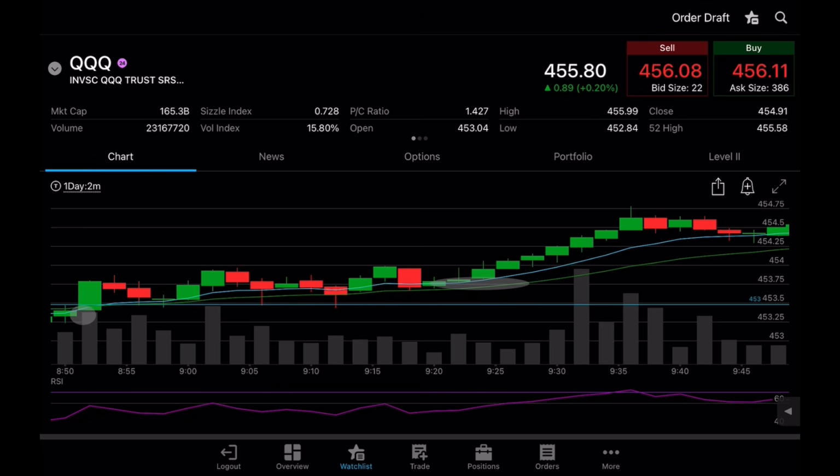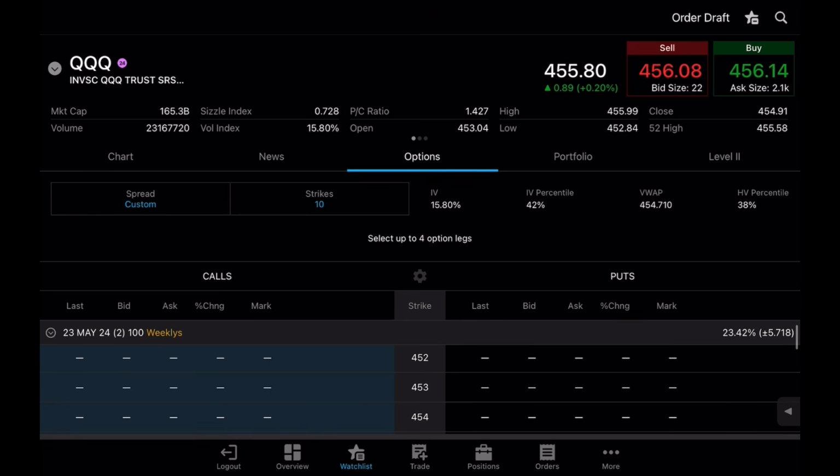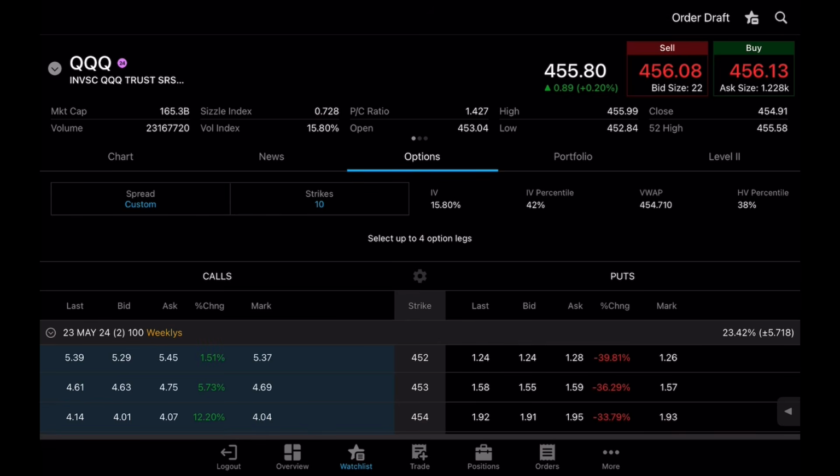So again, it's not going to be a whole lot of indicators on the screen because I don't want to confuse anyone. So I'm going to show you guys how to now enter a trade. If you said to yourself the same thing I was saying, like, okay, this is a high probability setup, how do I go about placing a trade? So I'm going to click under options. Okay, so take a look at the actual stock price and what it's trading for currently, which is 455.80 for